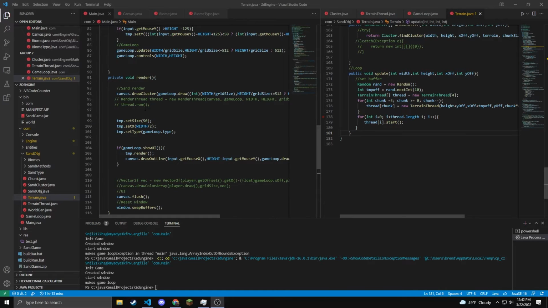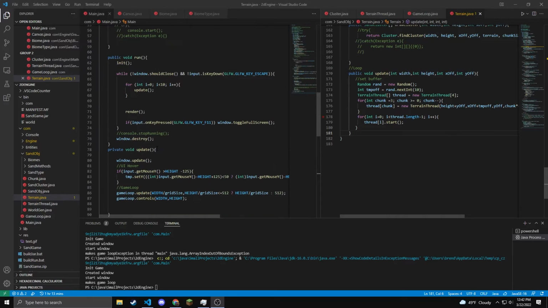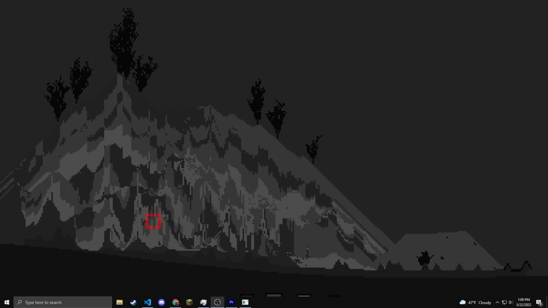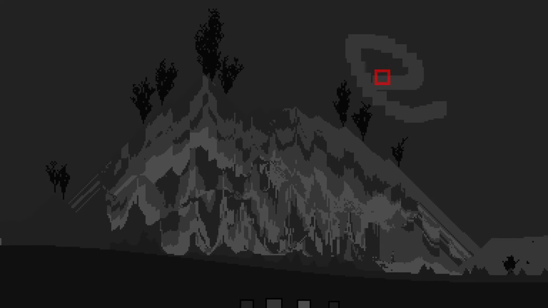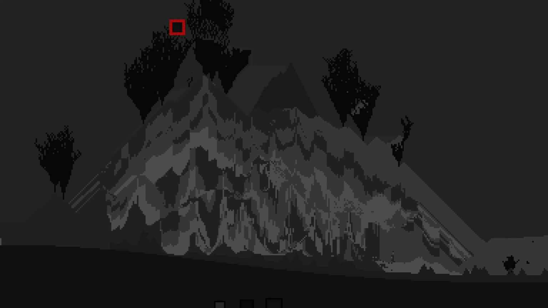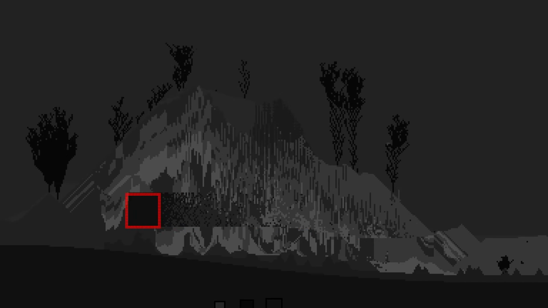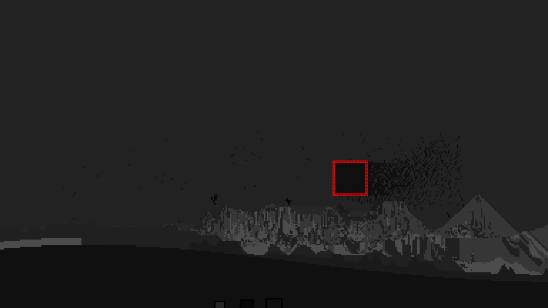The next step I took to optimize the rendering, because that's where the bulk of the work happens, is I split it into 3 threads and then just divided all the work up on the sides of the list. So if I were to only render 1/3 of it, it would change depending on how many pieces of sand are on screen. But here I'm running the game in 1080p, 60 FPS. I had to speed up the sand updates because the difference between 720 and 1080 is like 1.5. So I actually sped it up to 3 times normal speed,